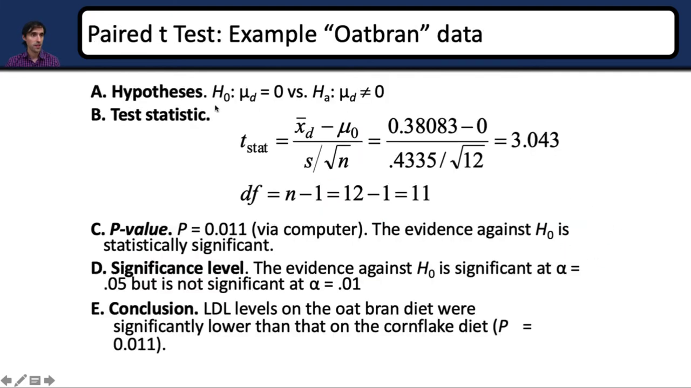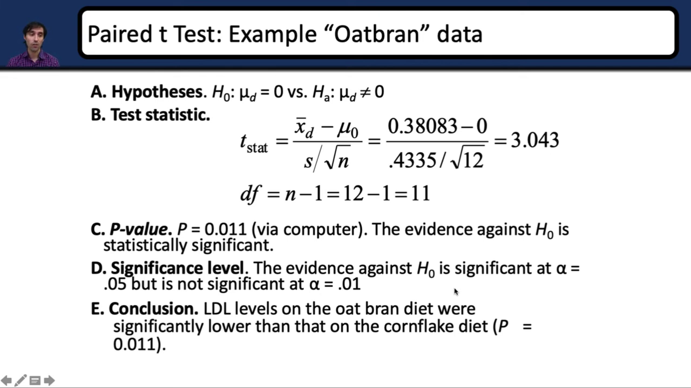Okay, so we have our hypothesis. So was there a difference? Our null was that there was no difference. Our alternative saying that there was a difference. We found our t-stat. We found our degrees of freedom. We calculated our p-value via computer, and we found evidence against the null hypothesis,